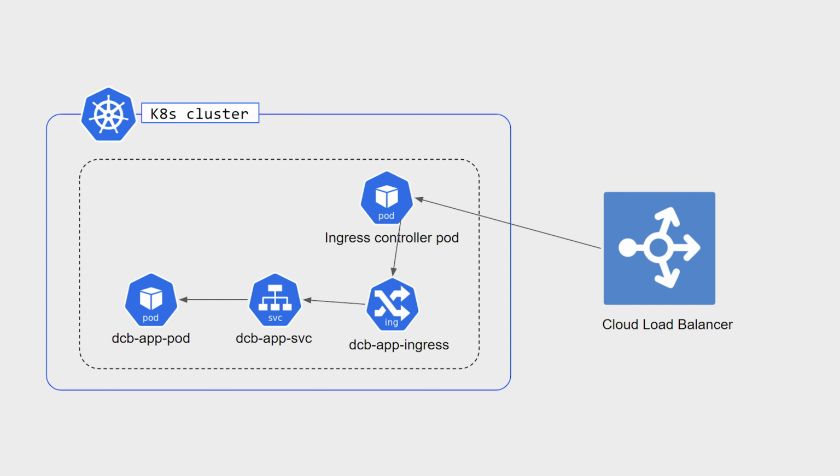And if you're working with any of the cloud providers like GCP or Azure or AWS, then they already have load balancer services available. We can leverage that load balancer service, and with that load balancer service, we will be able to call our ingress component inside our Kubernetes cluster, and we can traverse our traffic through our internal Kubernetes components. So the thing is, we have to define the entry point for our Kubernetes cluster.